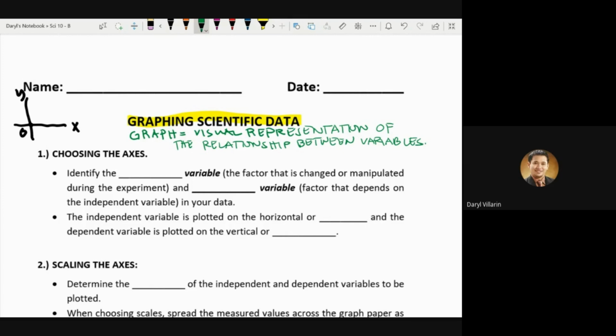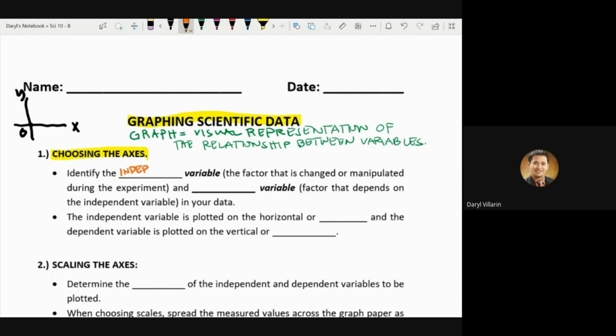So, going to the different steps, the first thing that you need to do is choose the correct axis. Remember that when you're doing an experiment, as we talked about in the scientific method, you have two types of variables. It can be the independent variable or the dependent variable. So part of choosing the axis is that you need to identify the independent variable,